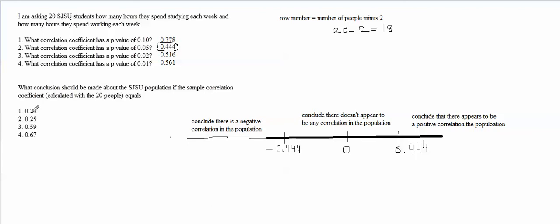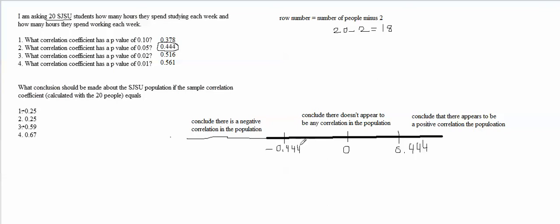We need to take this 0.2. Actually, this should be negative 0.25, and this should be negative 0.59. We need to see where each of these fall on this number line. Once we find out which area it falls into, we make our conclusion. So, negative 0.25 is in this middle area, because